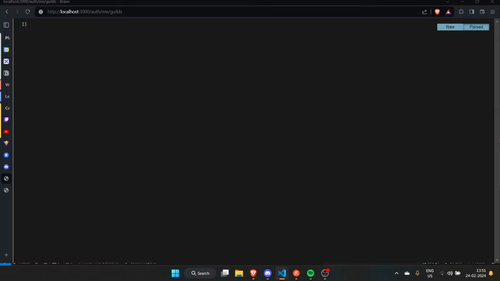Now I'll go to the type definition of that thing. I'll just copy paste access token. Amazing. Let's reload the page. And that probably didn't work. Let's reload again. And this worked. So we have like 100 guilds now. Congratulations to me. Now we need to figure out why I am unable to get the bot guilds.